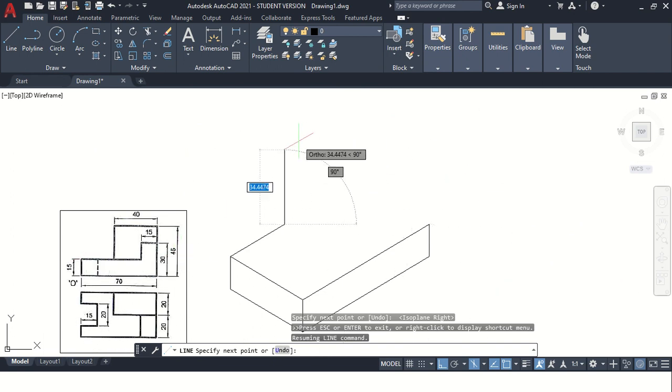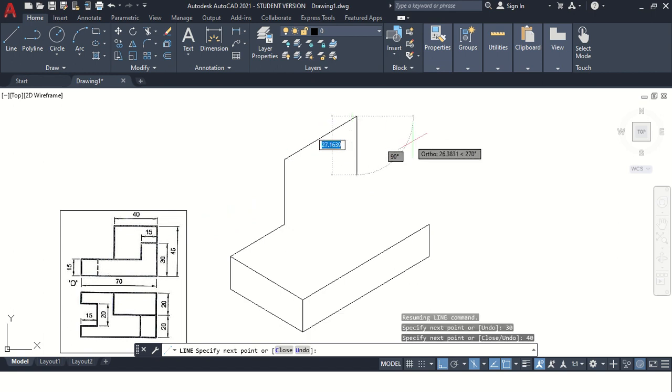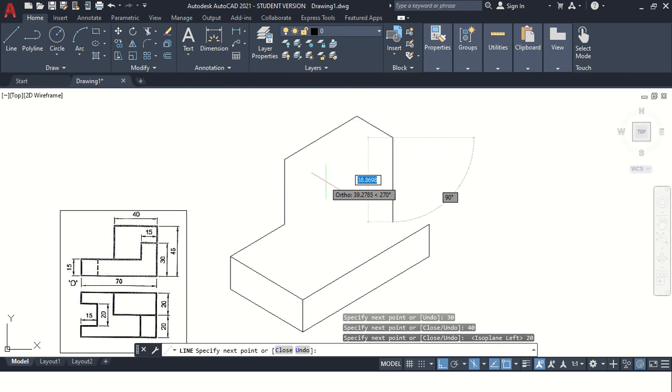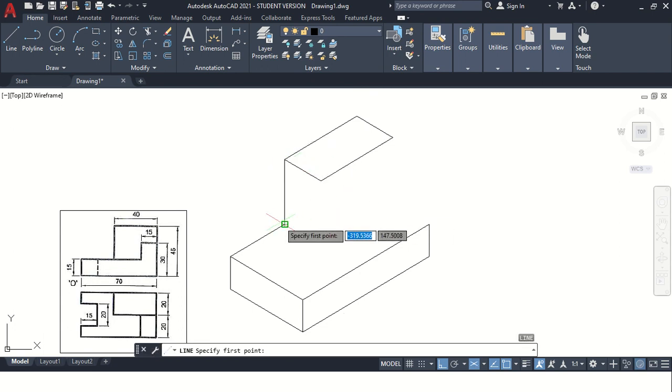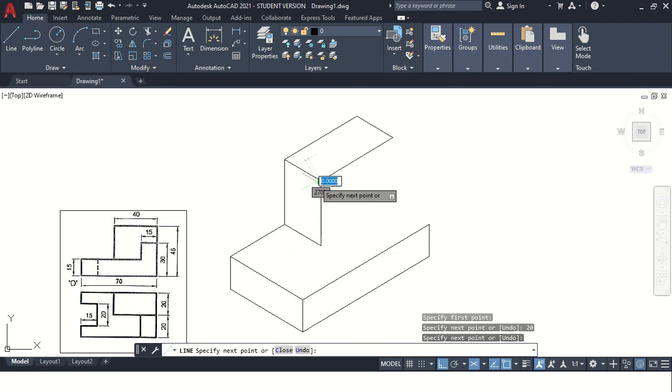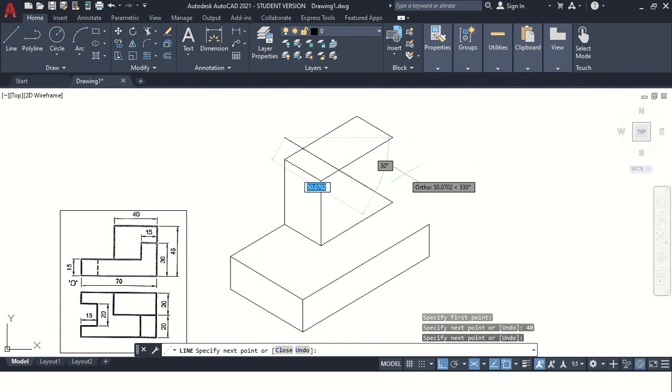So that vertical distance is 30 millimeter, and then again the remaining distance of 40 millimeter. Change the plane. In top view, you can see this is 20 millimeter. For changing the plane, F5, 40 millimeter, and close it. Again, starting from this point, take this vertical distance as 20 millimeter, 40 millimeter. From this point, 40 millimeter, take vertical distance.